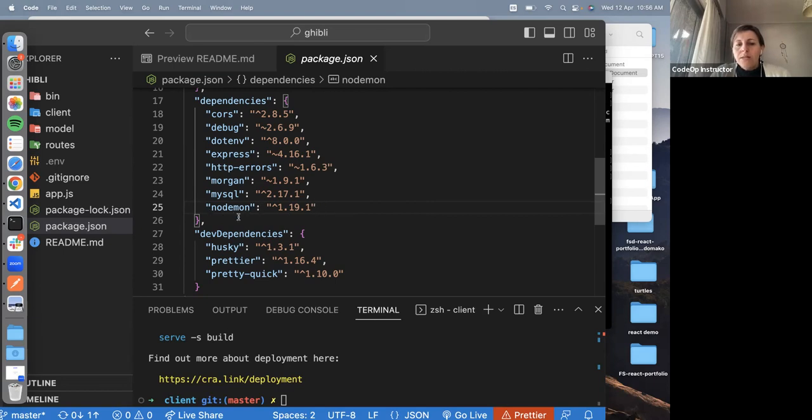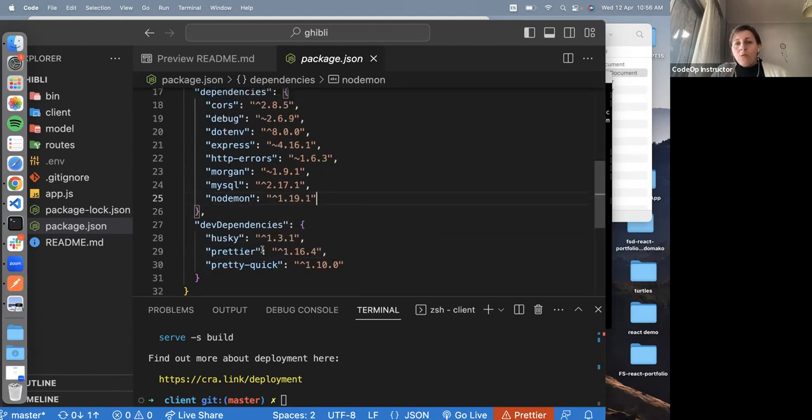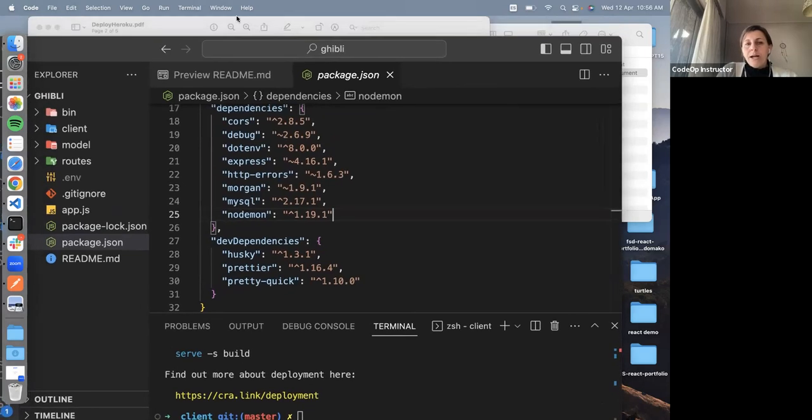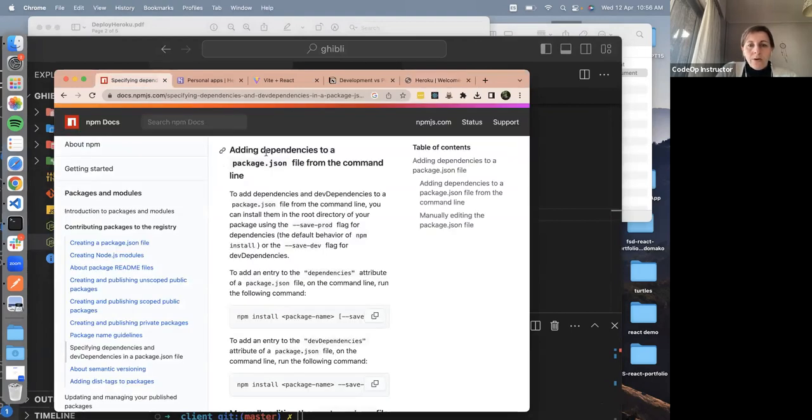There are some things like Prettier, for example. Prettier is this add-on that makes our code look nicer, but this is only used when we are in development and we work locally and we want to see our pretty code. It's not a package that is needed in production. Okay, so when you install some package, you can have this in account, like, for example,